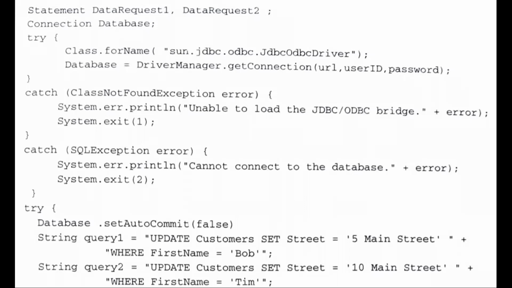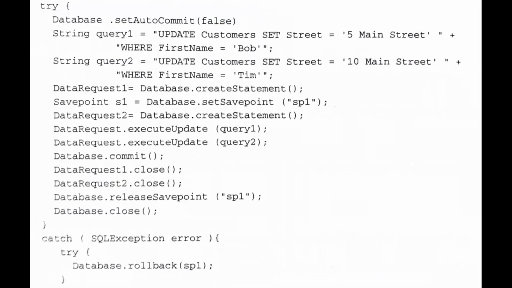Now in this particular example, we shall see how to place a save point. So we are creating a statement for the first query. After that, we are creating a save point, that is database dot set save point sp1.